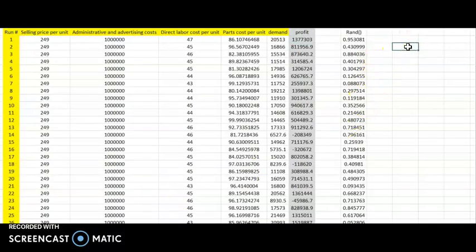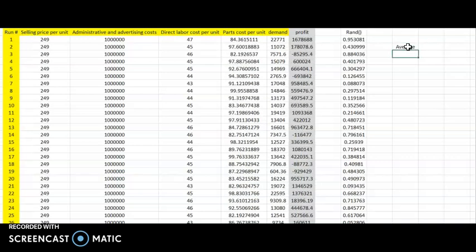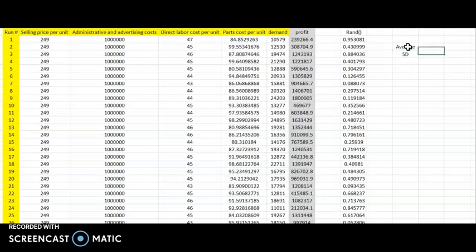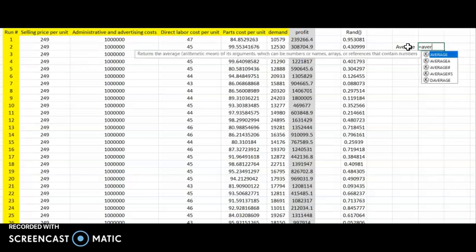And now I'm gonna calculate the average and standard deviation. So for the average, we have